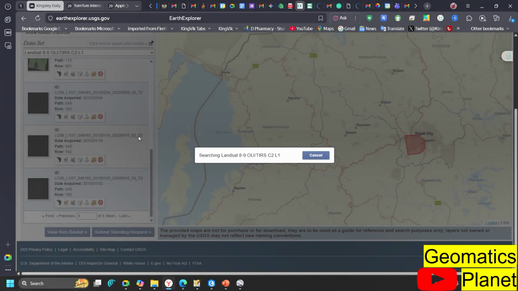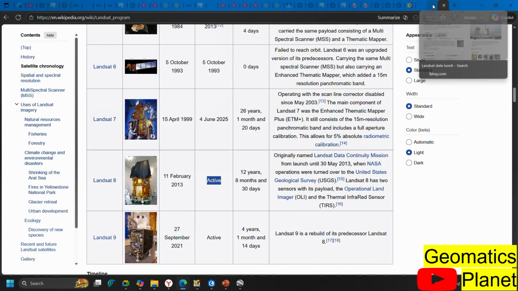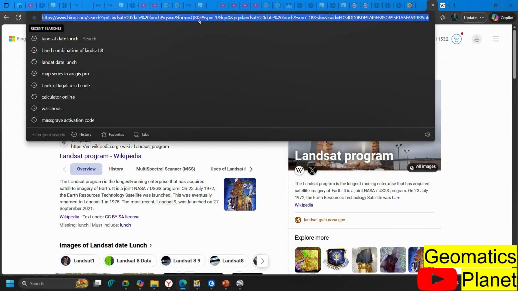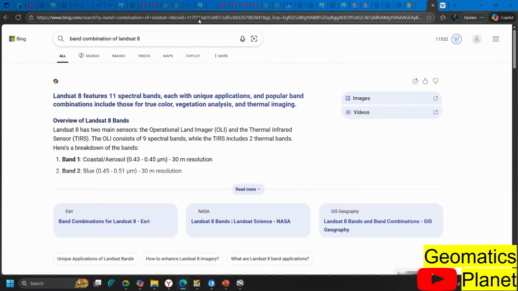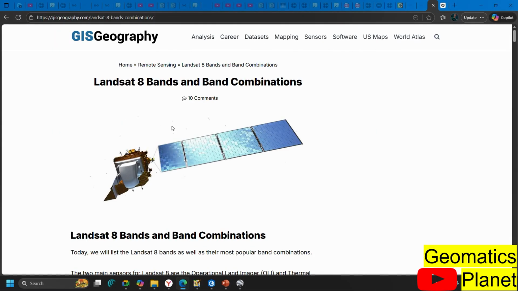For me, when I'm downloading, if I have something in mind, if I only need the aspect of, maybe I want to do NDVI, but let me just say band combination again of Landsat 8. I used to do this. Sometimes I don't have time to spend downloading much